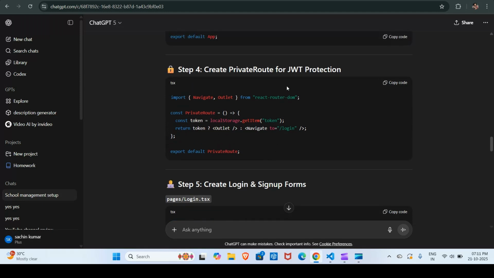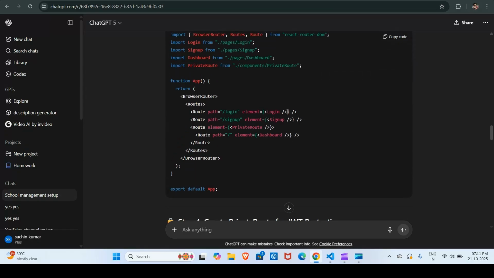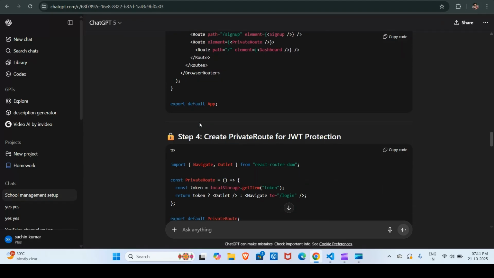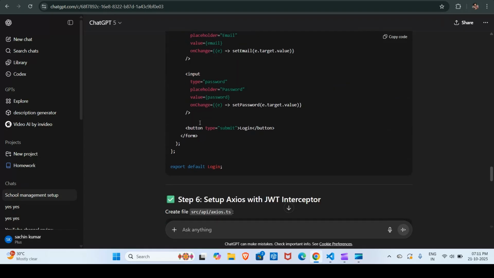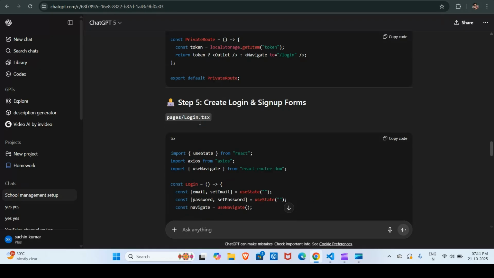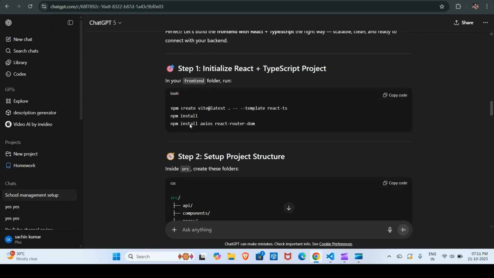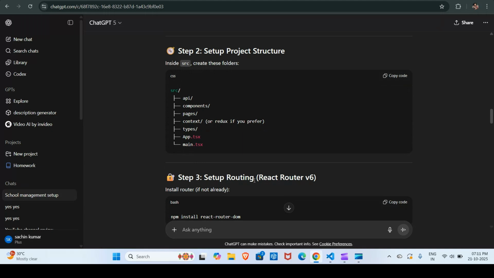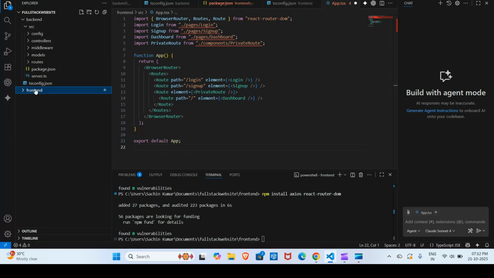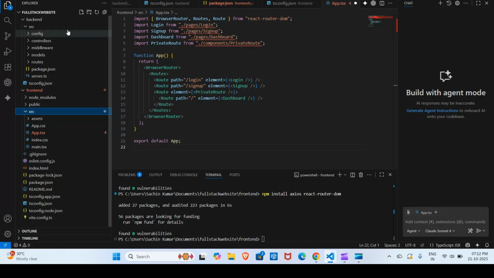Create a private route, TSX. Now, first of all, I will create all these folders, and then copy and paste: api, components, pages, context, types, etc. I will create these folders from the terminal because when I do it manually it will take some time. So go to terminal and write